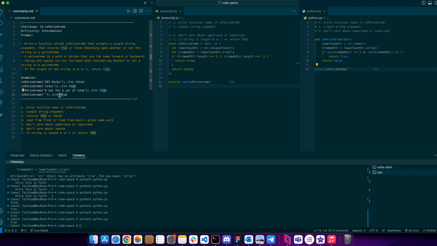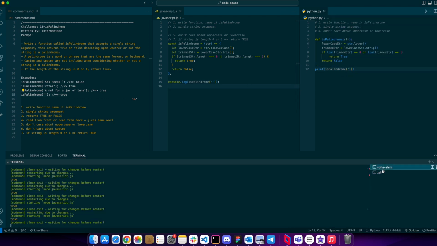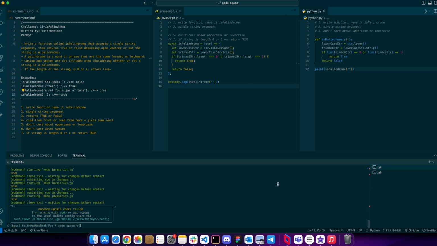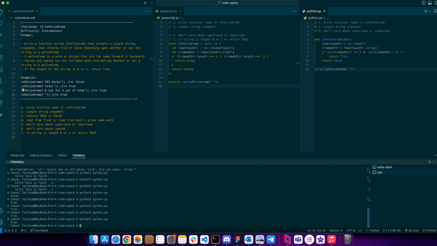isPalindrome should return true. So let's do exactly as the example. isPalindrome should return true, should return true. Double check again, Control save. True. True. Okay, so now I've completed this. I've completed this. I've completed this. I completed this here. And a bit of this, but let's not,